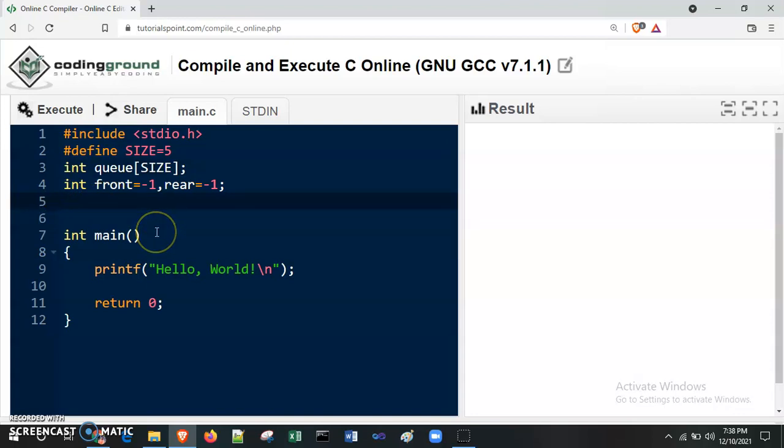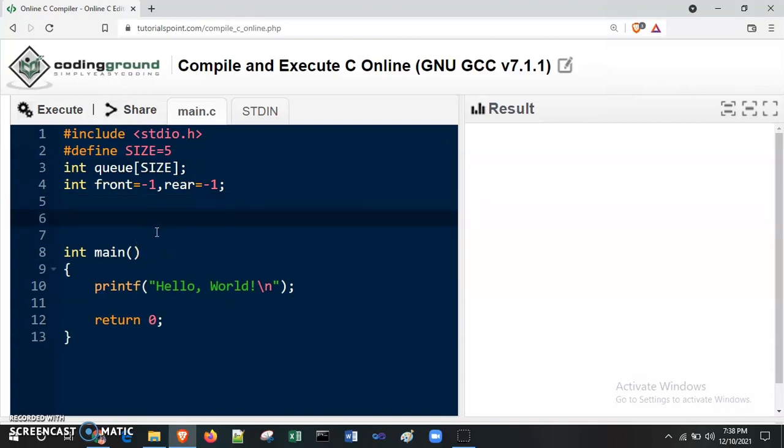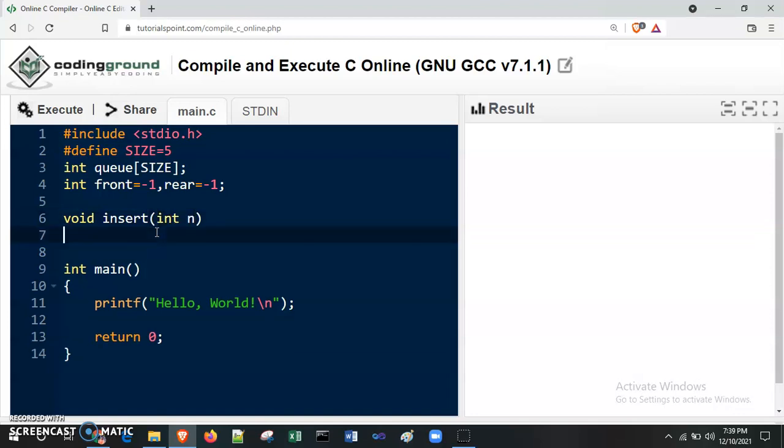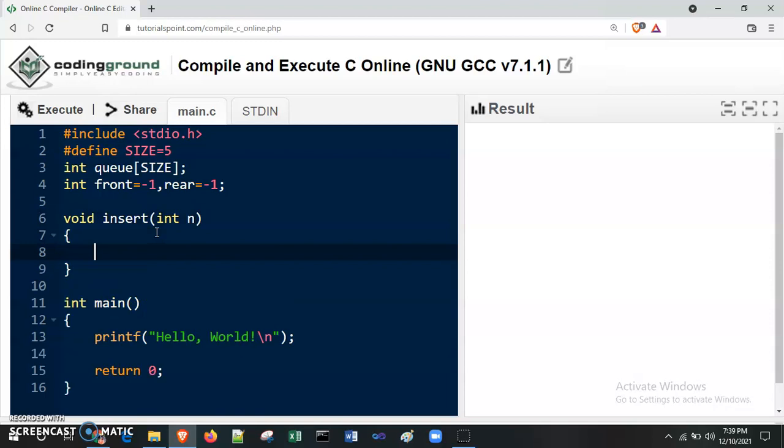Okay. Now one by one we create functions to insert and delete from the queue. So first we declare or we define insert function to insert elements inside queue. So we are passing element, integer element, to this insert function, which we need to insert inside queue.